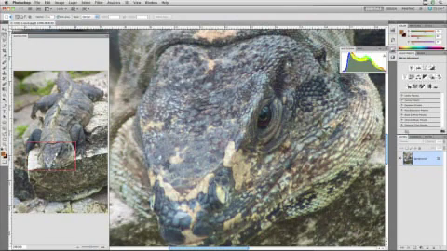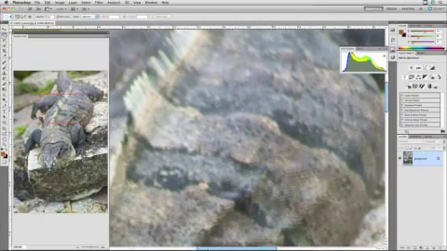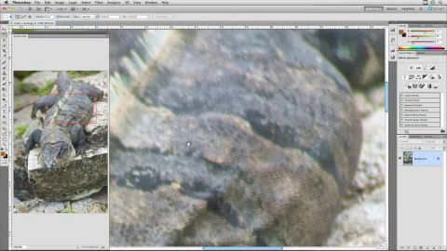There are lots of ways to move within an image. Here's a couple of them. You can drag the scroll bars to move to whatever part of the photo you want. You can hold down the space bar to temporarily switch to the hand tool, or press H for hand